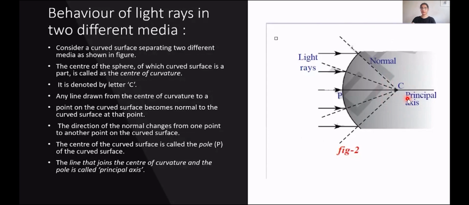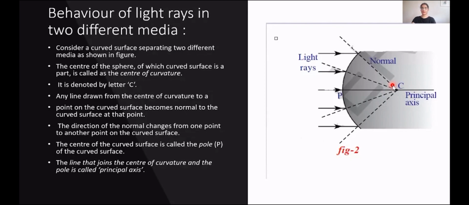Need I remind you, this is not a reflective surface. Here the light is going to penetrate this surface. This is not a reflective surface which is polished from one side and darkened from one side. Here a light ray is going to come and penetrate this surface, it's going to change its medium and it's going to bend. Now the center of curvature is being denoted by letter C. Another point: